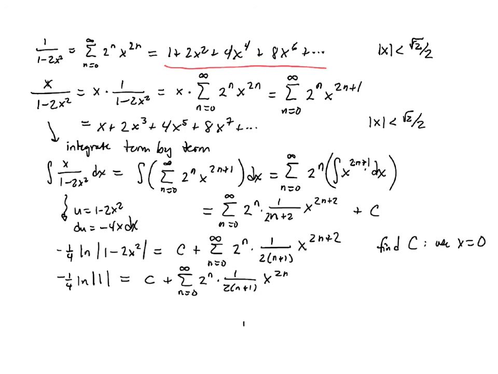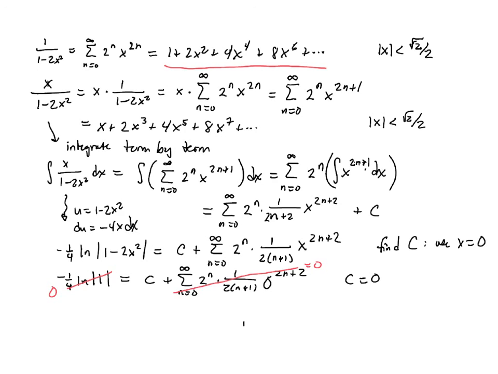Sorry, we've plugged in x equals 0, so that's 0 raised to the 2n plus 2. And because n is ranging from 0 to infinity, I always have a factor of 0 on that side, so the entire right-hand side, except for the c, is equal to 0. The left-hand side is also equal to 0 because the ln of 1 is 0, so we find that